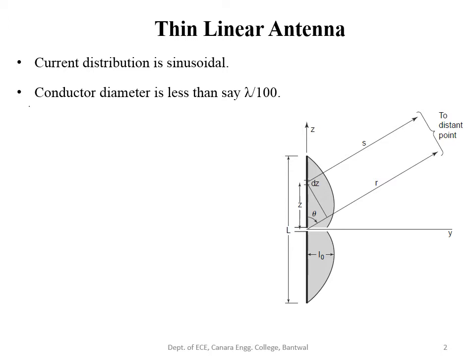Consider the figure to develop the far-field equations for a symmetrical, thin, linear, center-fed antenna of length L. The current at any point Z on the antenna referred to a point at a distance S is I equal to I naught sine